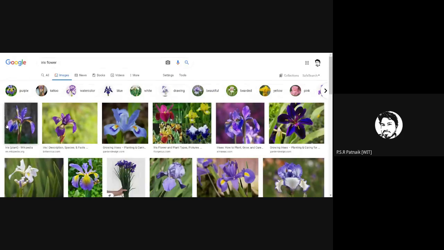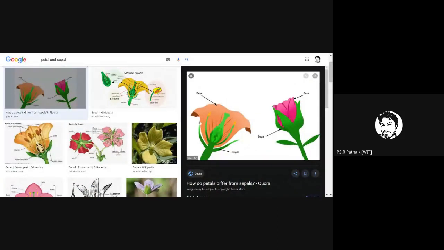Now, under this iris plant, every leaf, I hope you know what I mean by petals of a flower. Likewise, besides petals, we have another concept called sepals as well. So what does it exactly mean? When I say petal, this is petal. And when I say sepal, these are called sepals of a flower. So every flower has it. For example, if this is a tulip, you can see that these are called petals and these are called sepals, right? I hope you're getting that.